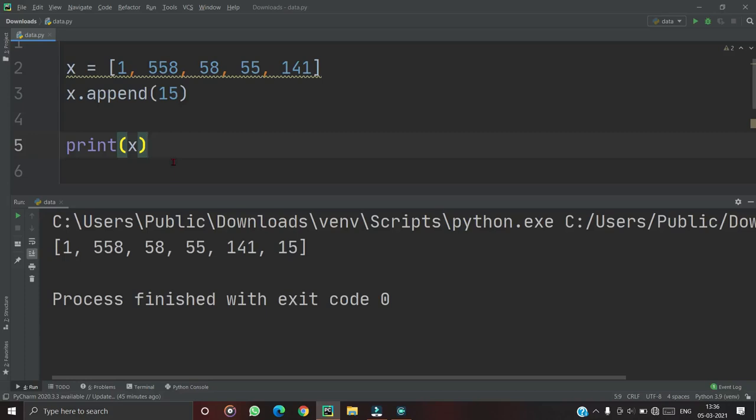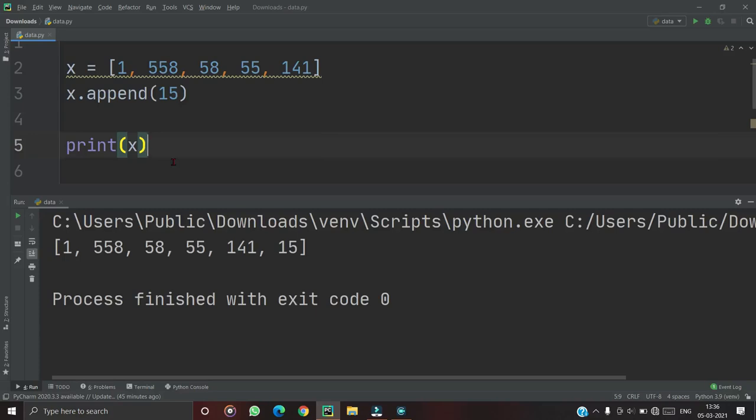The difference is tuples cannot be changed unlike the list, and tuples use parentheses whereas lists use square brackets. Creating a tuple is as simple as putting different comma separated values. Optionally, you can put these comma separated values between parentheses also.